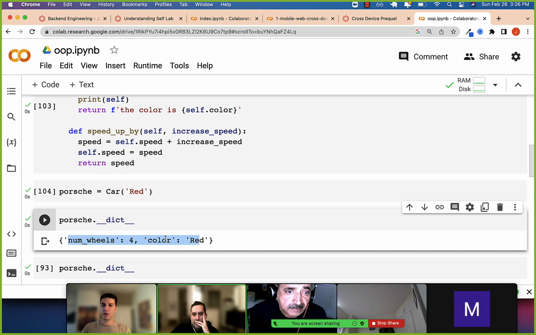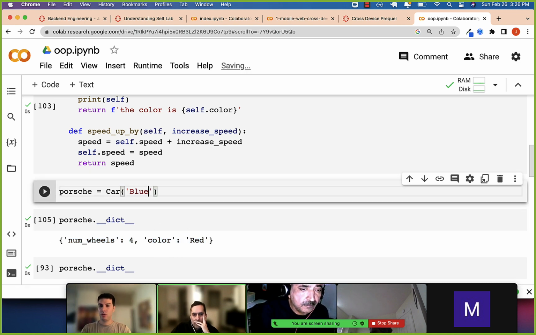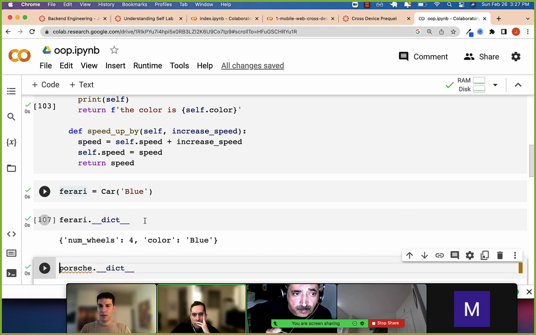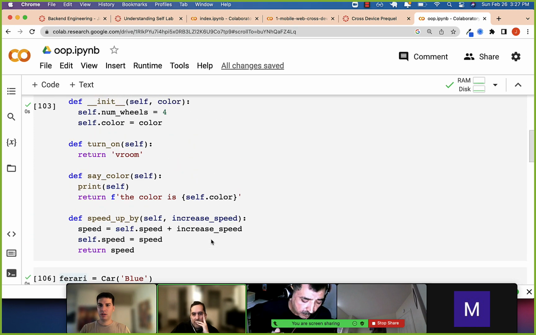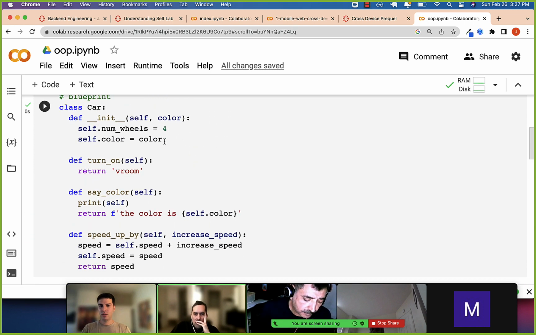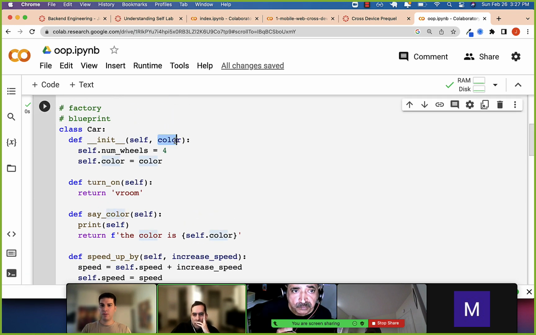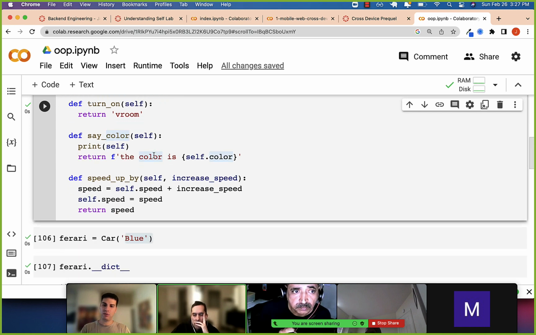This time the color is red, the number of wheels is 4. We change this to blue. I create a new instance. Let's call this my Ferrari. Now it's blue. So let's just see that. Why? Because we're passing through blue here. That string blue is coming through, right? The argument color now means the string blue. Now we're doing self dot, that instance, that Ferrari dot color, that attribute should be equal to that string, blue,